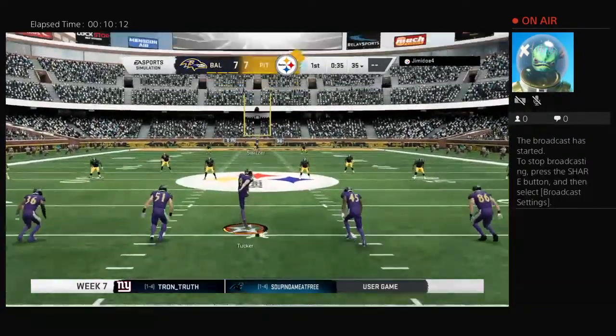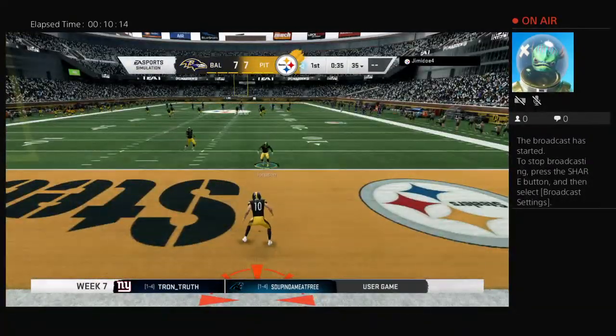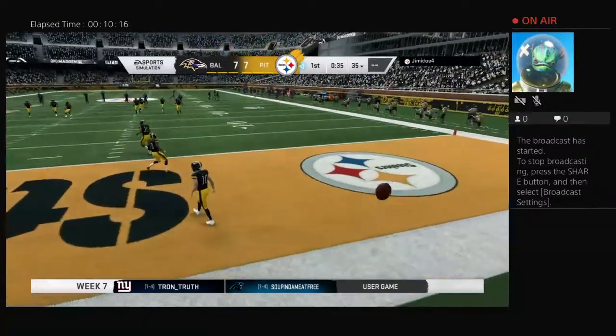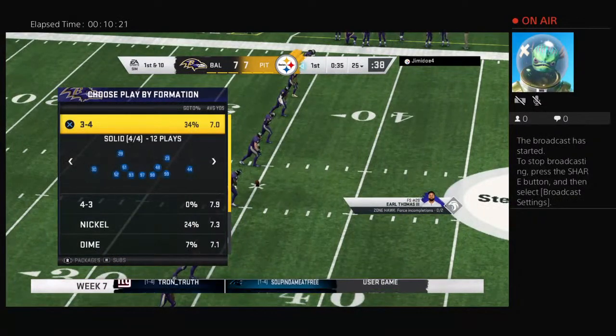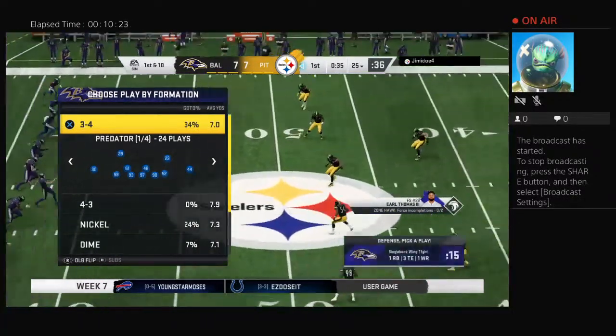How about going up with a single hand and making that happen? I don't know if it gets much better than what we just saw there. And that'll carry over the back line of the end zone for a touchback. 25-yard